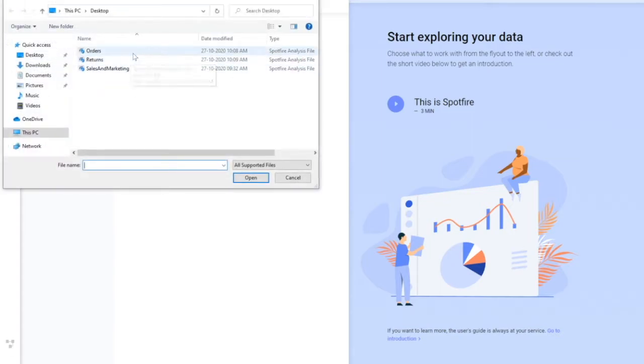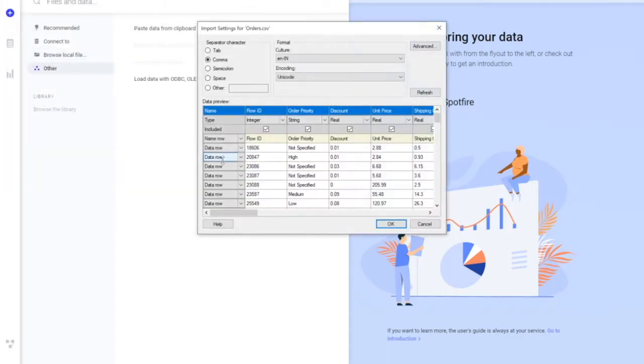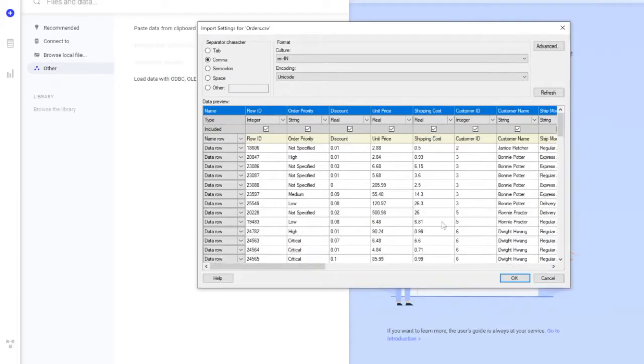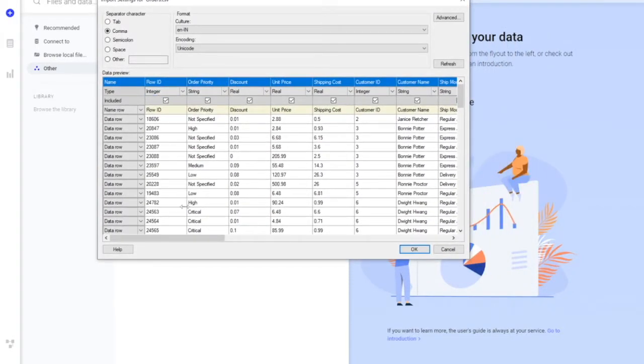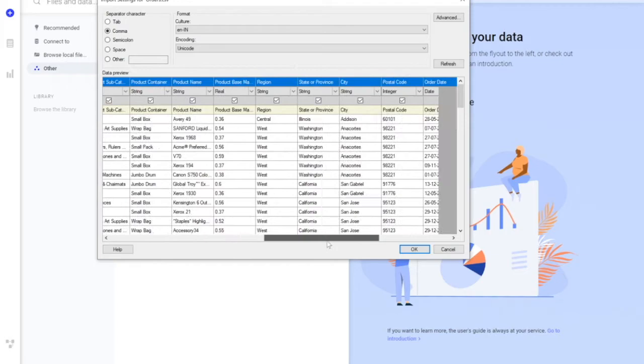So I have this file called orders, and I have something called returns, and I have sales and marketing. So first I'll load orders. I'll say okay, open. So this way it will show me how your data looks like, the data, the columns, the rows, everything, the data types, and it will give me an option to select or unselect the columns.